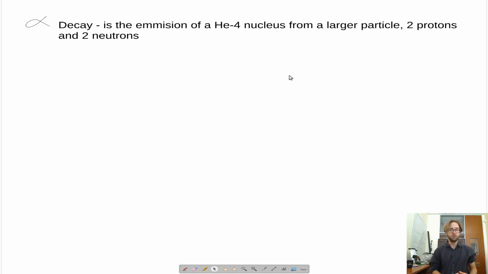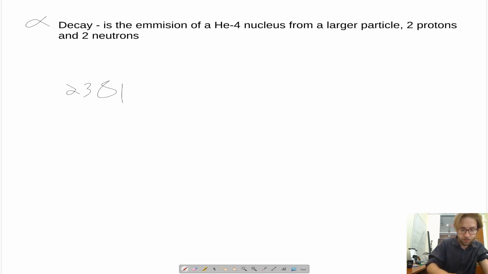And so you have to have a certain mass, obviously, because you're losing 4 AMU roughly when you undergo alpha decay. So this tends to be towards the higher end of the periodic table on the chart of the nuclides. And a lot of the actinides undergo this process. So for example,